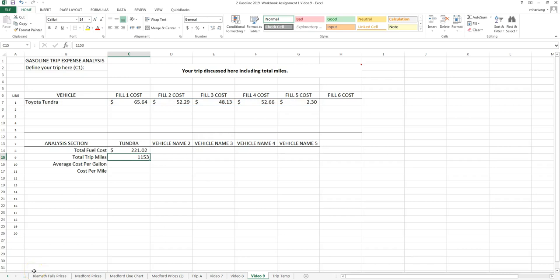Now we need to add a row so that we can calculate the average cost per gallon, because we forgot to make a heading for the total fuel used. So let's go ahead and click here in B10, insert a row,